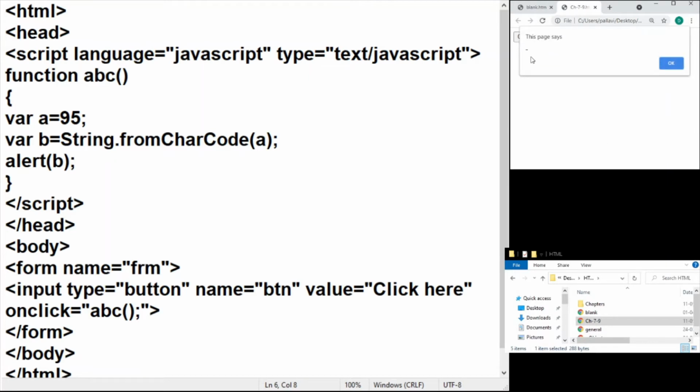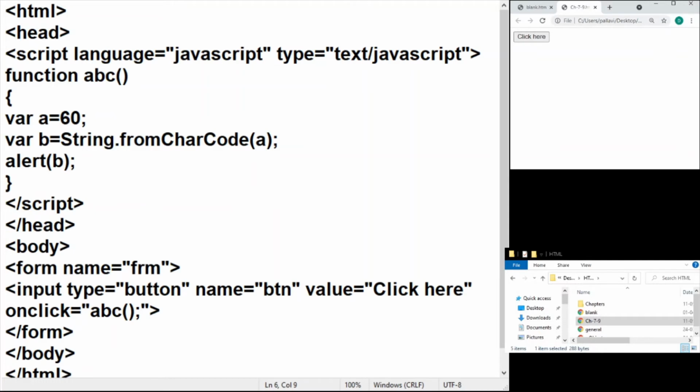Okay, it's the underscore. Likewise, I can take something like 60. That's the less than sign. You can go ahead and check out the ASCII values. You need to mention a number between 32 and 127.